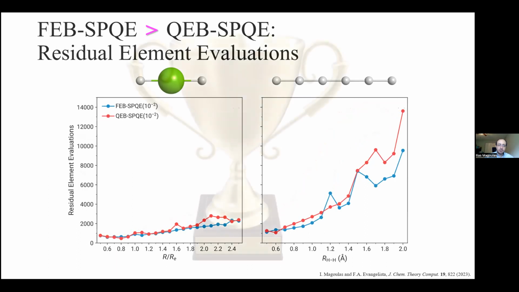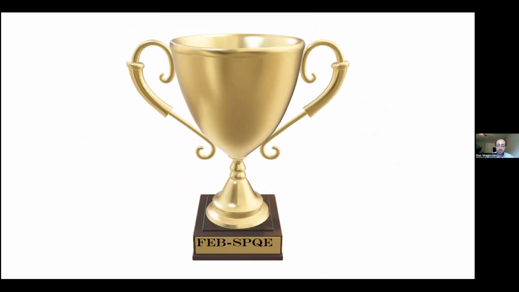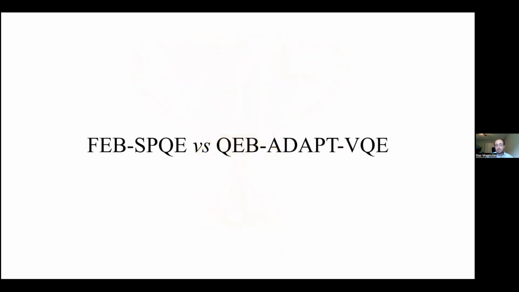So based on these numerical results, we can determine that the fermionic SPQE is the way to go. So now that we know that the best variant of SPQE is the fermionic one, we wanted to compare against the best variant of adaptive QE. And as it turns out, in the case of adaptive QE, the qubit approach is the one that leads to